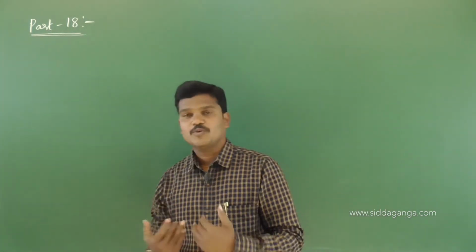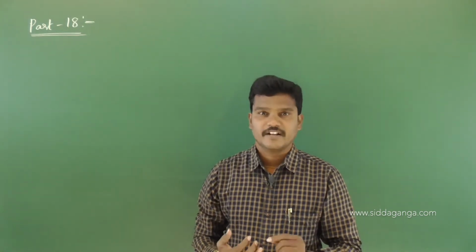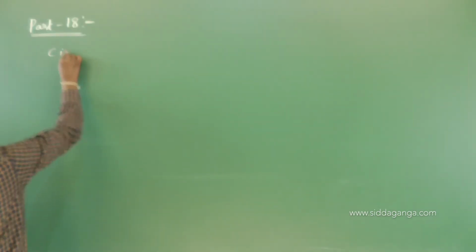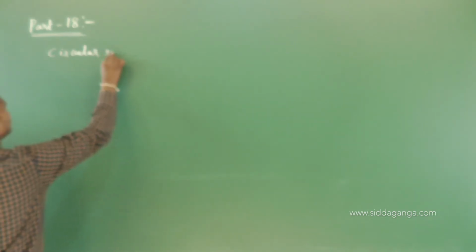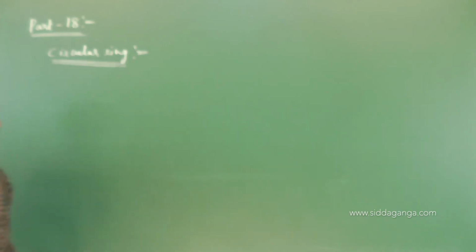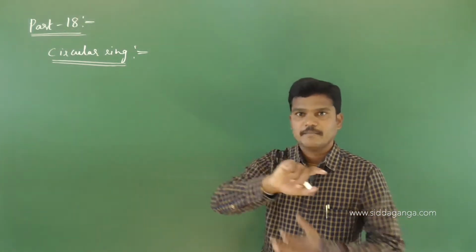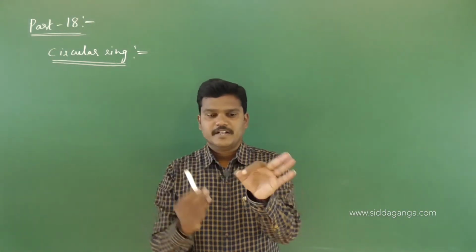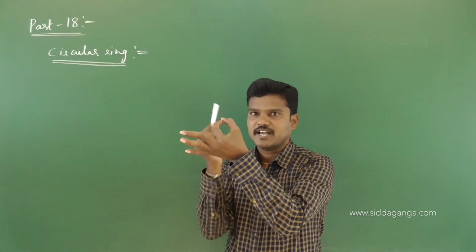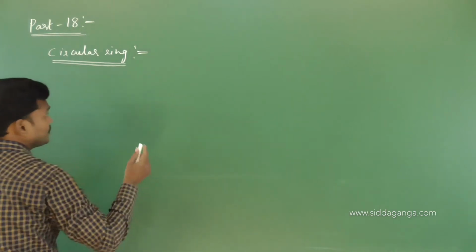Now let us derive one more formula. Write down the next one: moment of inertia of a circular ring. Easy derivation. A circular ring whose radius is r. Take some ring, like a bangle, and this is the axis of rotation. If the bangle rotates in this direction, on the board I am going to draw the diagram like this.